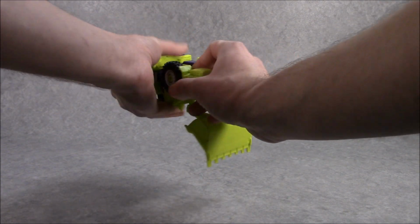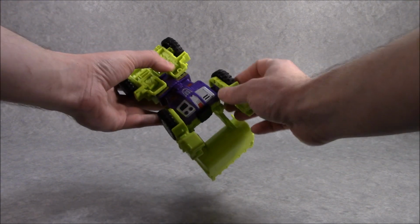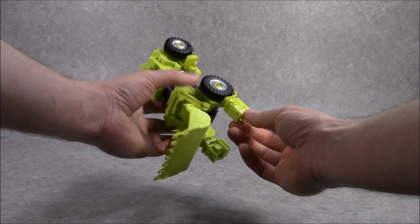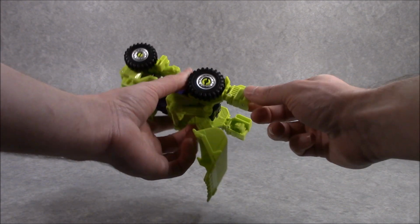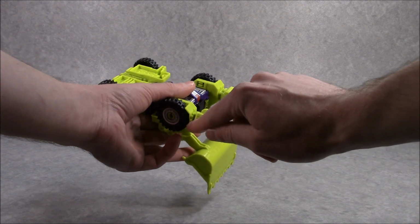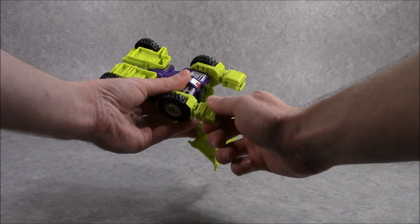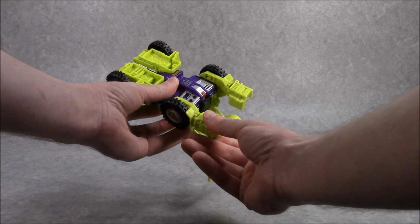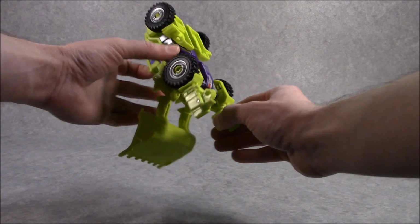You're going to rotate these around, and you can see there's a pair of these little clips here, and you're just going to use the ones that help lock Scrapper's arms in place for this mode. And right here for his arms, there's a couple of prongs. They're going to go over this little ridge back here. Do this on both sides,